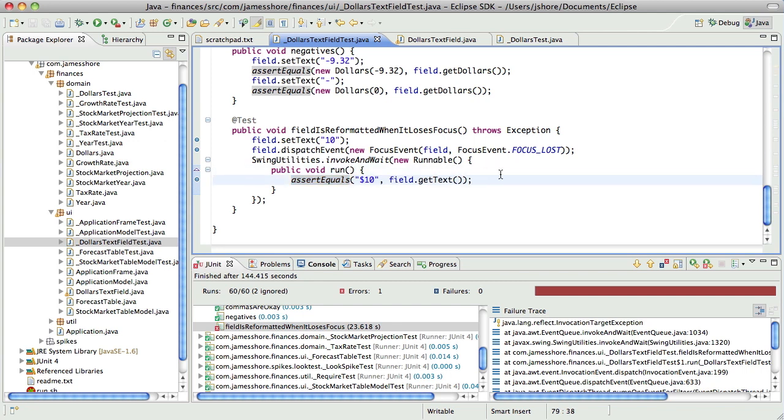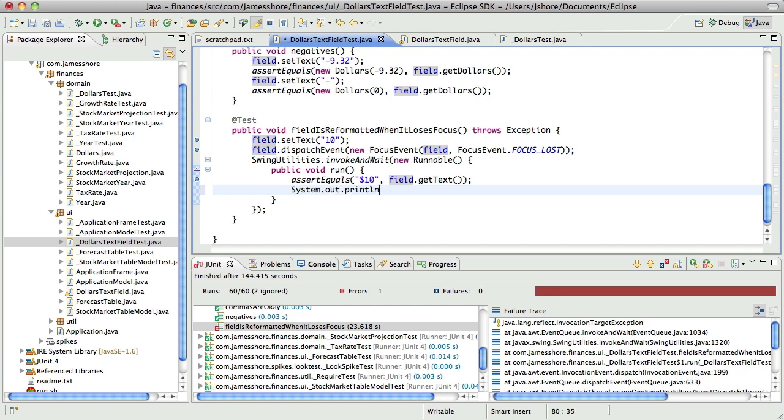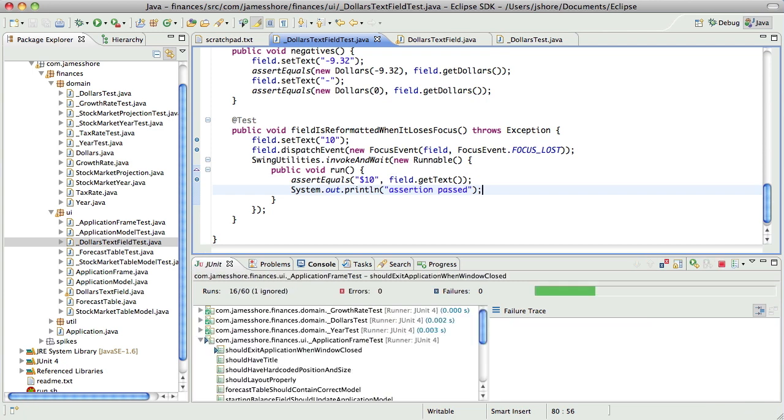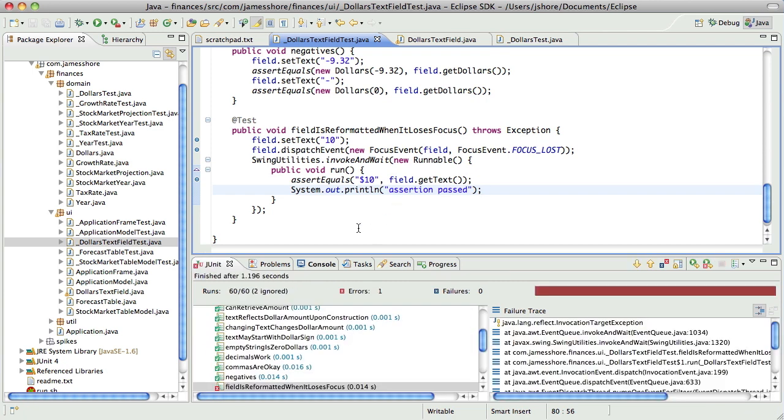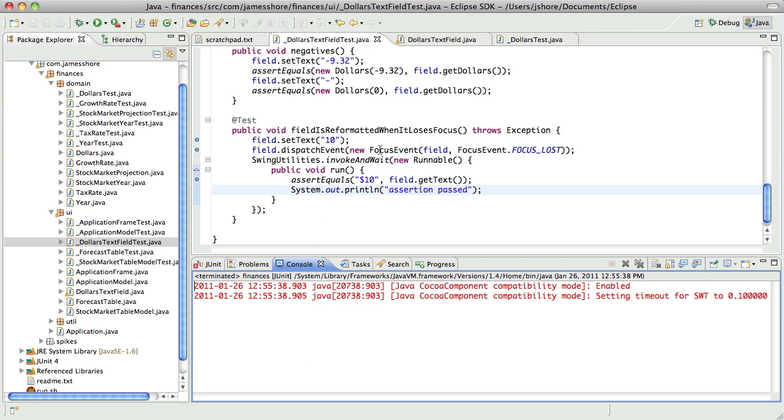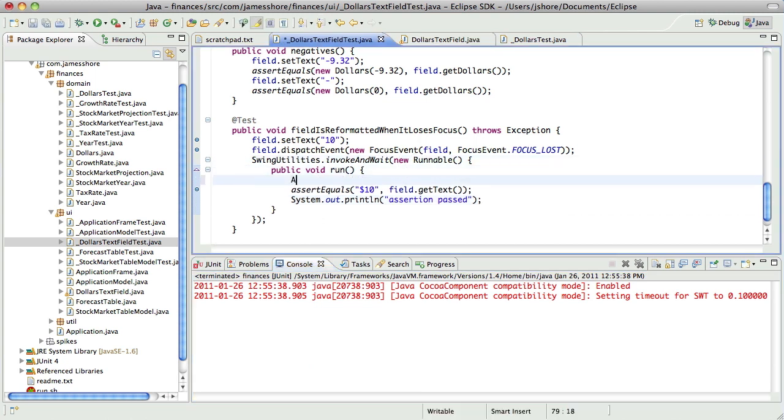So one thing I want to see is whether or not we ever get to here. Oh, we don't.